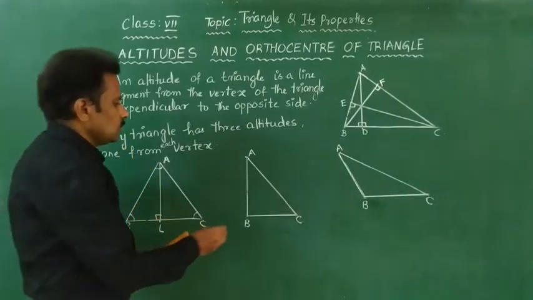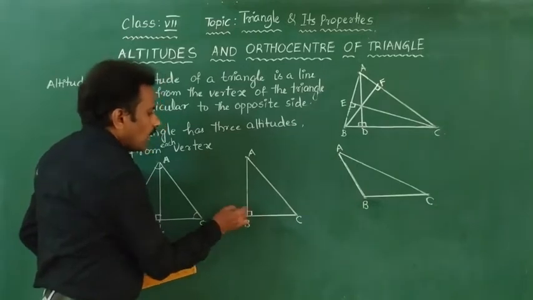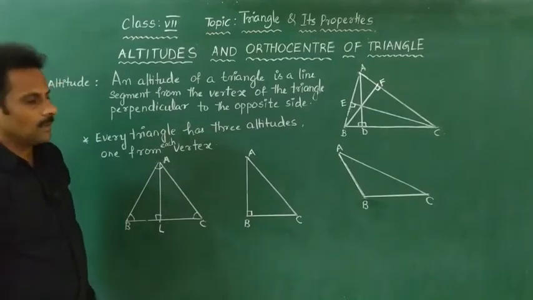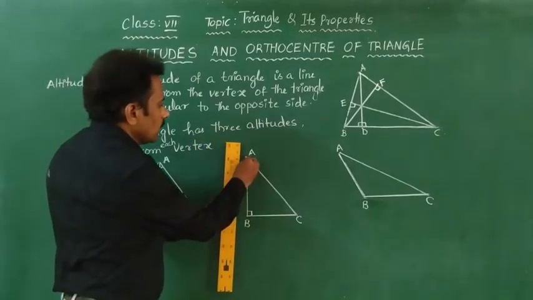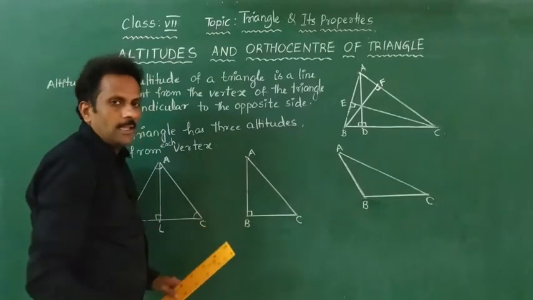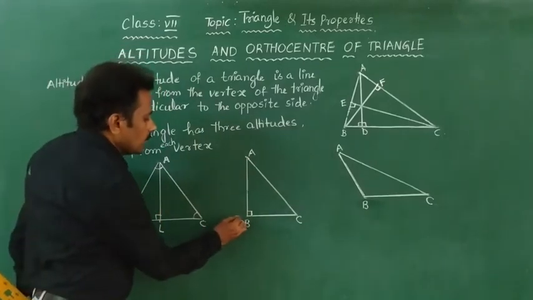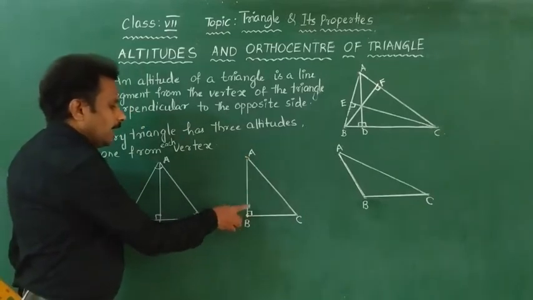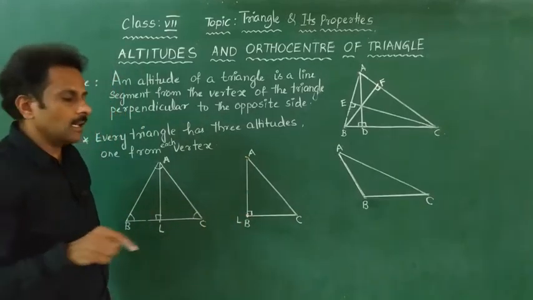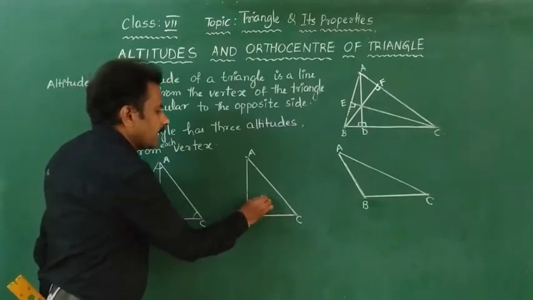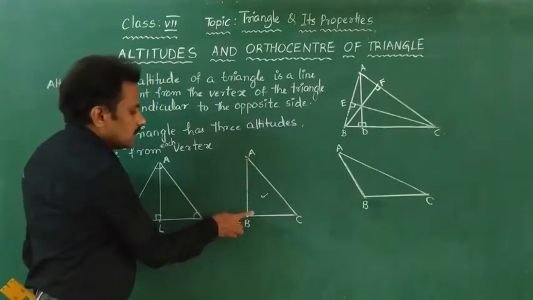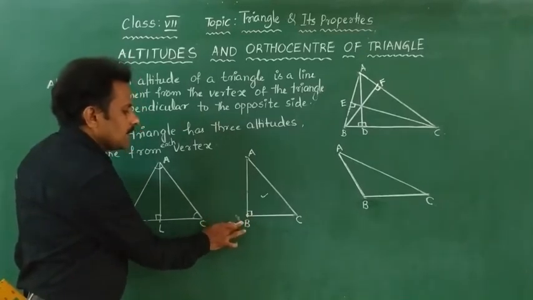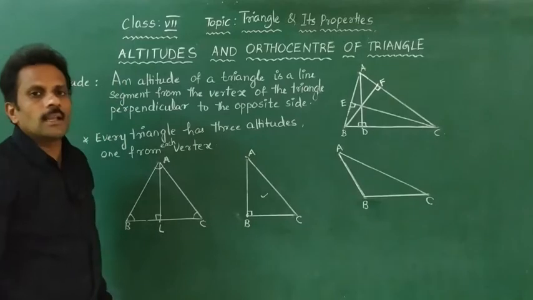Now when it comes to a right angle triangle, already AB is making 90 degrees with BC. So if you draw the altitude also, exactly it falls on AB. That L point coincides with point B, because AB itself is perpendicular to BC, because this is a right angle triangle. Already AB is making 90 degrees with BC. So L and B both are the same here. So L is nothing but B.